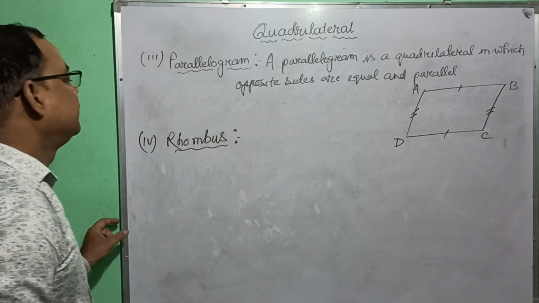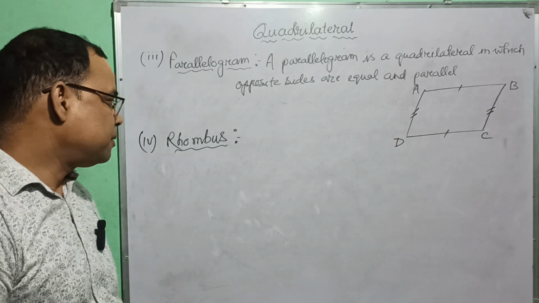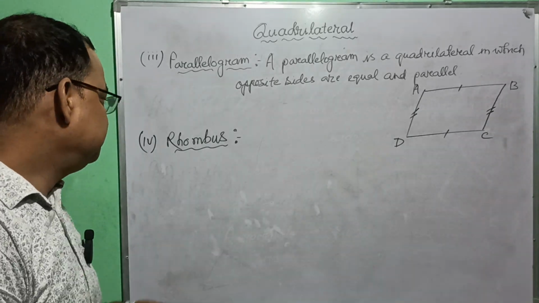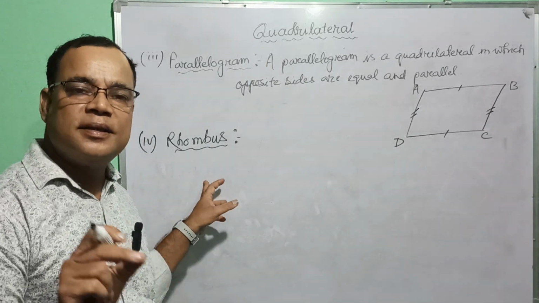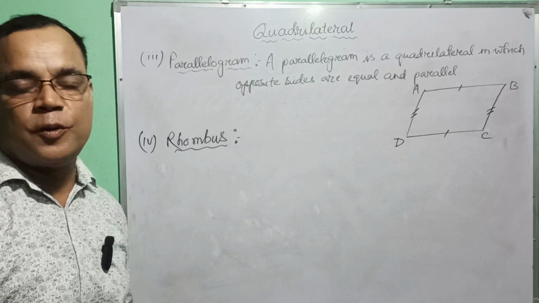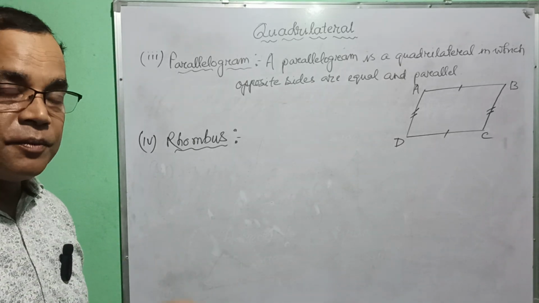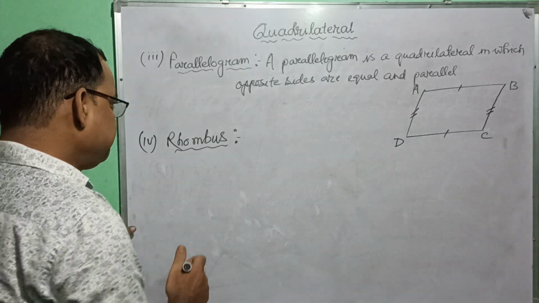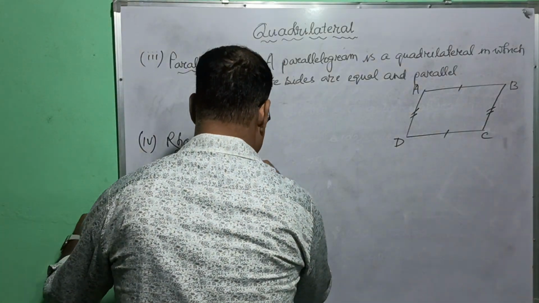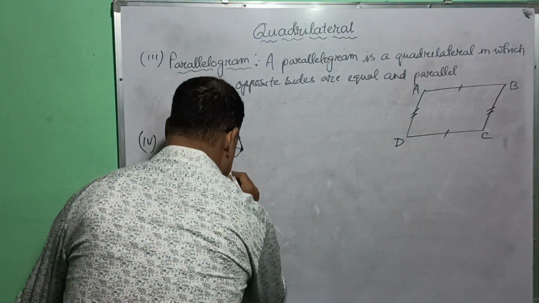So, how can we define a rhombus? We can see that there is a similarity between rhombus and square. And what is the difference between rhombus and square? From the definition we can understand. So we can write in a similar way, a rhombus